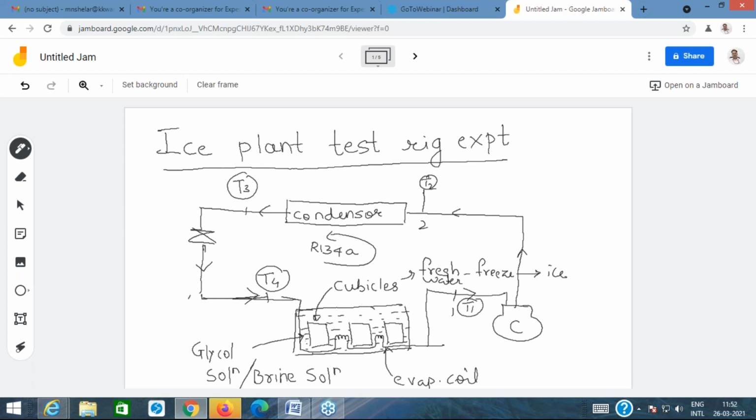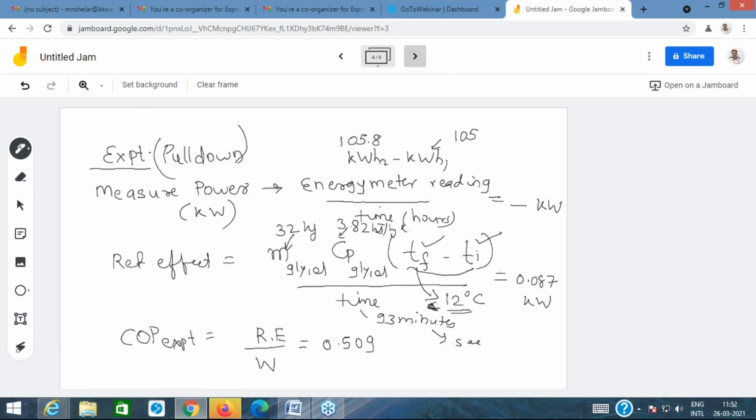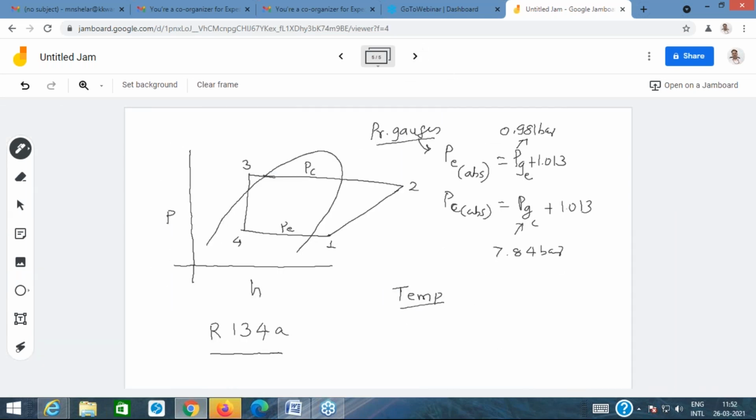This temperature would help us to arrive at the points. For example, the temperature reading which we had taken here was -9 degrees centigrade. With the help of this T1, we can plot the point 1, because T1 is known to be -9 degrees centigrade. From the pressure enthalpy diagram, by drawing a horizontal and locating the -9 degrees centigrade line, I can locate the point 1. Similarly, one can locate the points 2, 3 and 4. We need to know the temperature at the exit of the condenser. If I know this temperature, then I can locate the point 3.